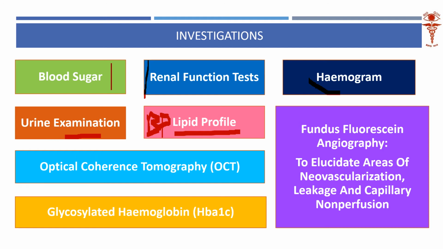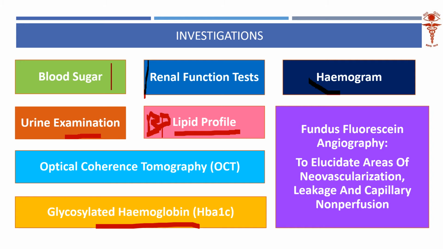And we will also do glycosylated hemoglobin, because every time you do a fasting and postprandial, at certain times the patient can manipulate it by taking a poor meal on that day alone. If the previous night he sleeps with a very poor meal, then the next morning the fasting sugar will be correct only. That will give you a false sense of security. You will think that the patient is under good control. The patient himself will think that he is under very good control. That should not happen. Every 3 months you should check glycosylated hemoglobin.